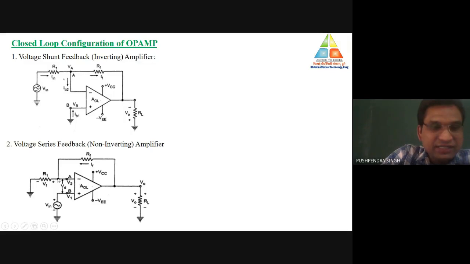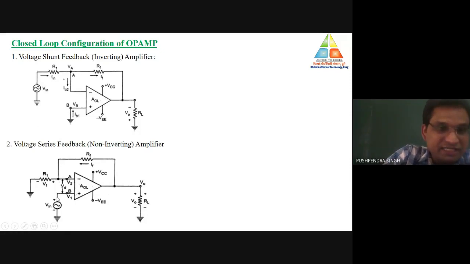Potential at this particular node will be the same as the potential at this particular node. So if at this node the value of voltage is V2, and at this node the value of voltage is V1, then V2 must be equal to V1. If both the terminals are connected to each other, from this figure you are not able to identify that both the terminals are short circuited. But internally both the terminals are short circuited in case of the operational amplifier.